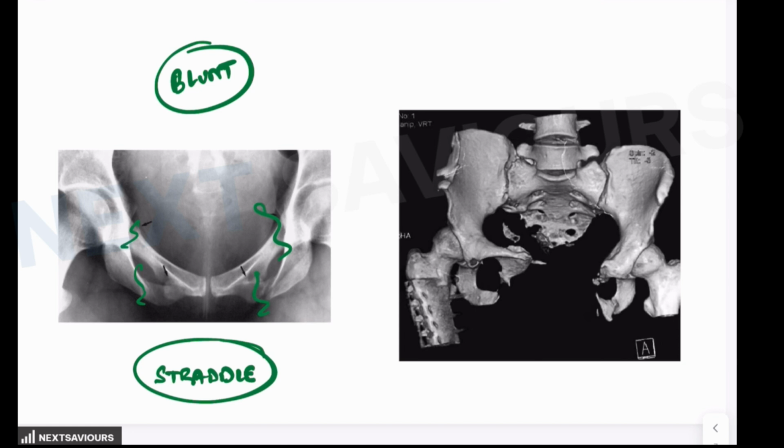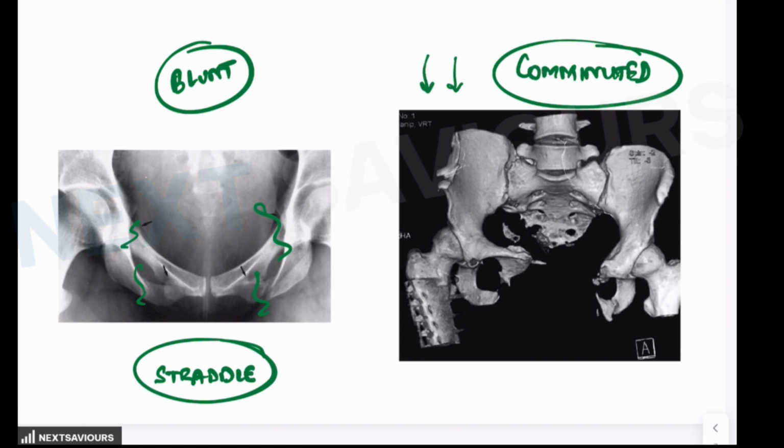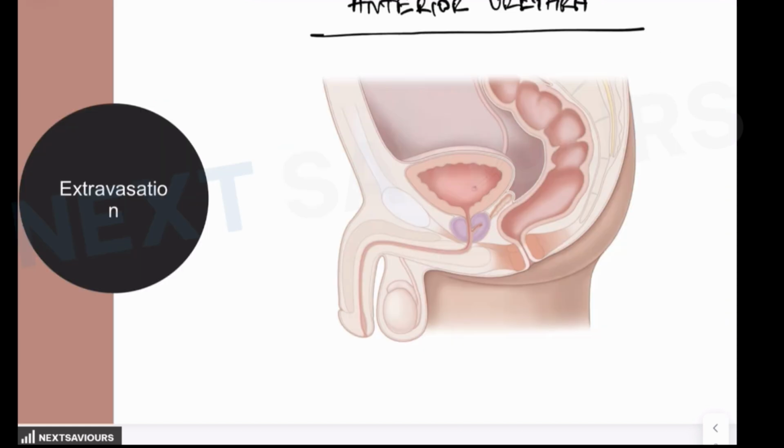On the other hand, if the examiner is asking about a posterior urethral injury, then the mechanism that they will give you is typically a pelvic fracture from a high energy trauma. That means there will be a comminuted fracture of the pelvis resulting from a high energy trauma. But it is less likely to be asked in comparison to this one, because as I told you, the clinical questions are more commonly asked from the anterior urethral involvement. The third point that obviously now you can very easily understand is to correlate the injury with the urine extravasation.